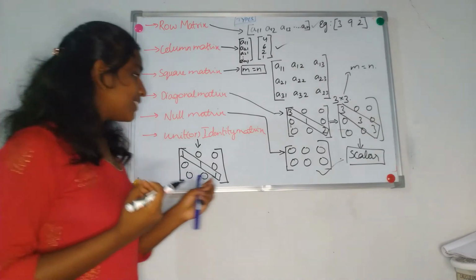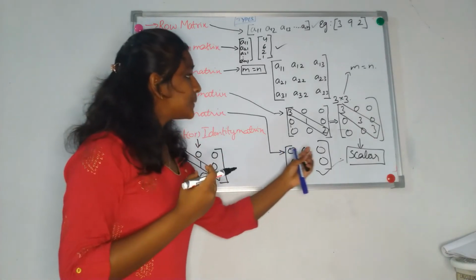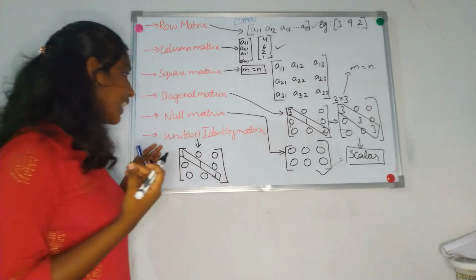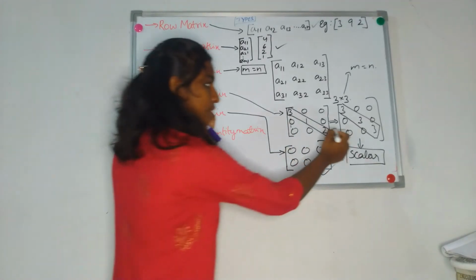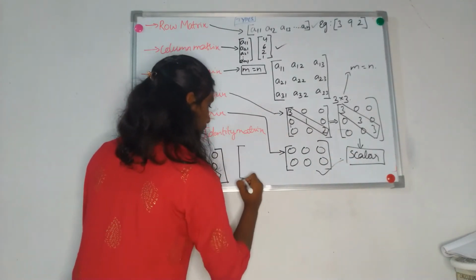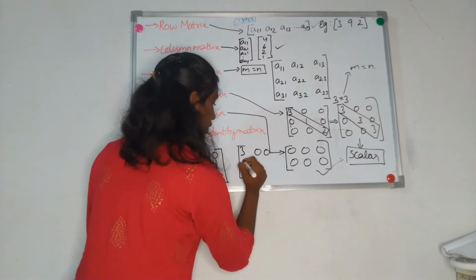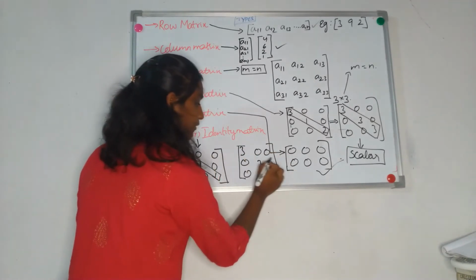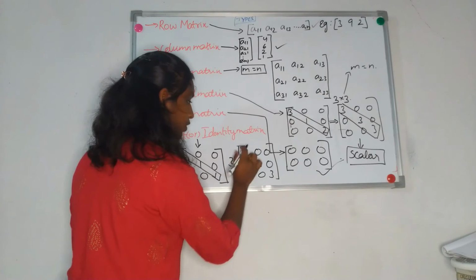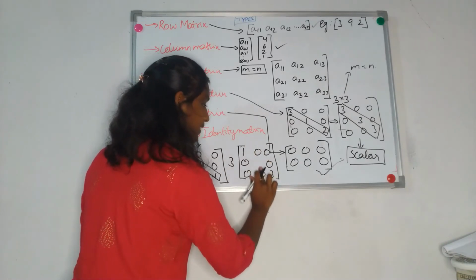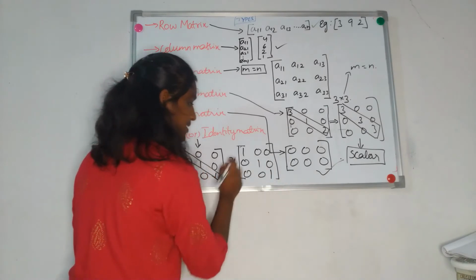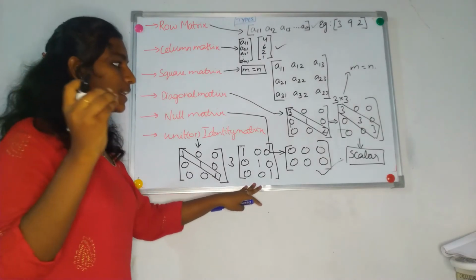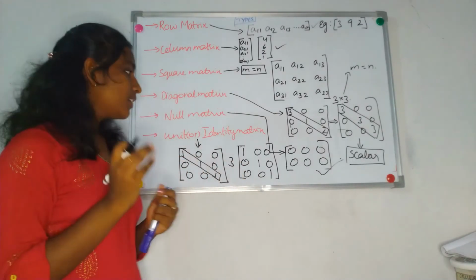And now you can also write a relation that a scalar matrix is always an integral multiple of an identity matrix. Because if you have 3, 0, 0, 0, 3, 0, 0, 0, 3, if you take 3 common from the whole matrix, then all these will become 1. So you can write it as 3 into this whole identity matrix, right? So that is why we tell it as a small link, a connection. Yes, so that is it.